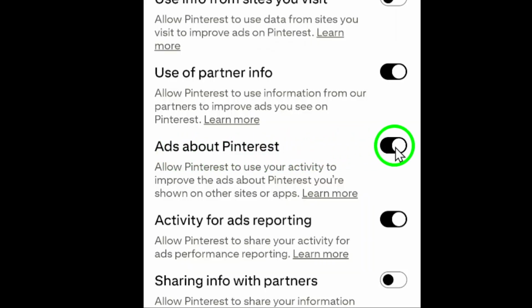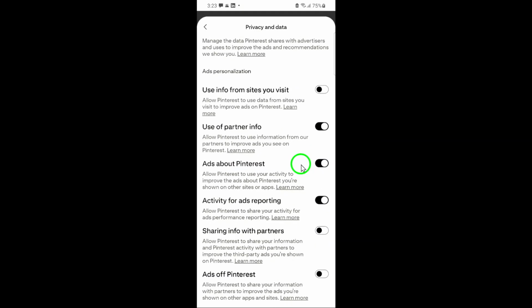Once it's enabled, Pinterest will start showing you ads that are specifically about Pinterest itself, like updates, new features, and helpful tips tailored to your interests. That's it. You've now updated your ad personalization settings to include ads about Pinterest. This small change can help you stay informed about what's new on the platform while still keeping your privacy and